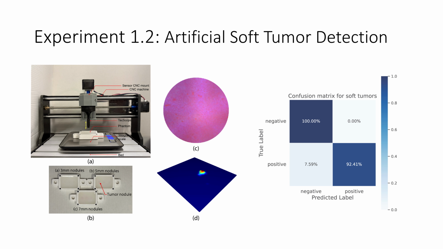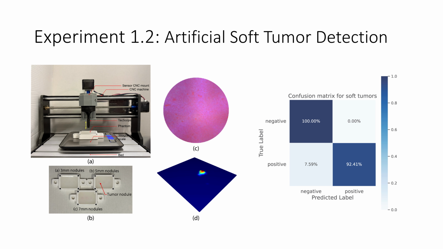To evaluate TacScope under more clinically realistic conditions, we tested it on soft silicone phantoms embedded with tumors of varying stiffness achieved by mixing different silicone compounds. Here we show A. The data collection system mounted on a CNC bed. B. Soft phantoms with embedded tumors, increasing in stiffness from left to right. C. Raw tactile feedback from the sensor, revealing subtle particle shifts due to soft tumors. D. A 3D reconstruction of the deformed tumor after contact. TacScope achieved 96% accuracy in detecting soft tumors at a shallow depth of 2 mm,